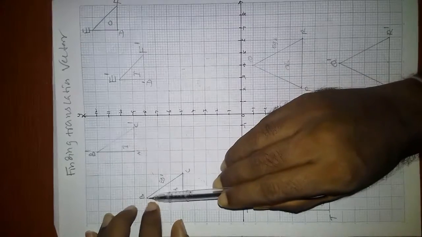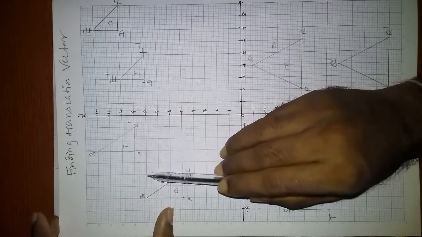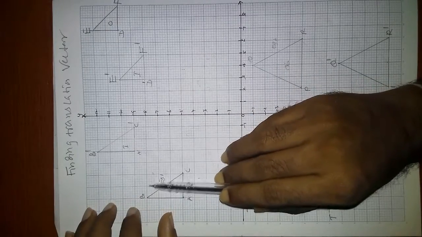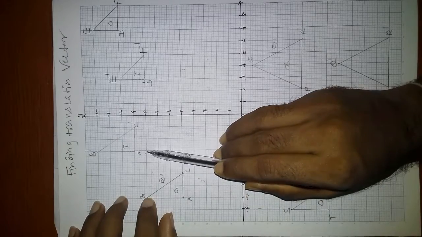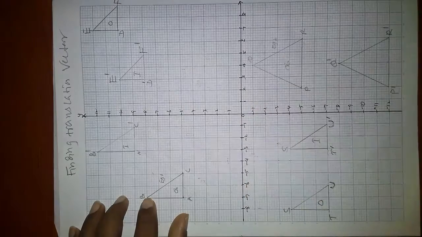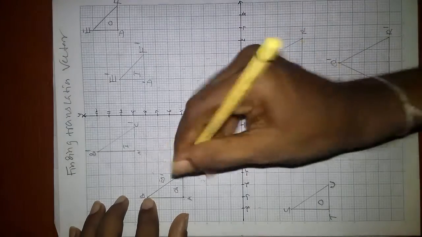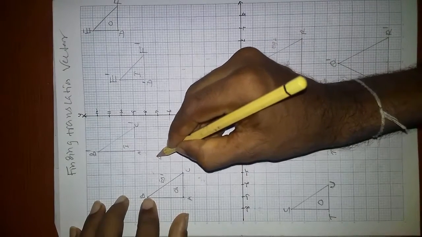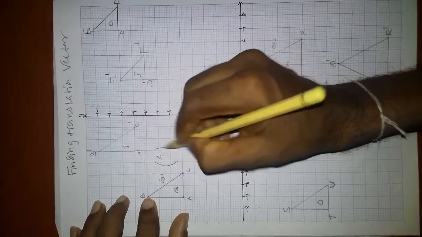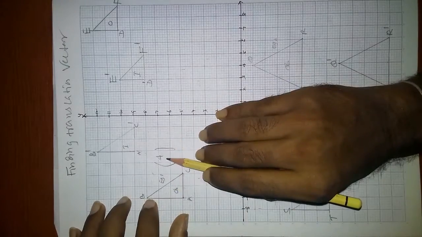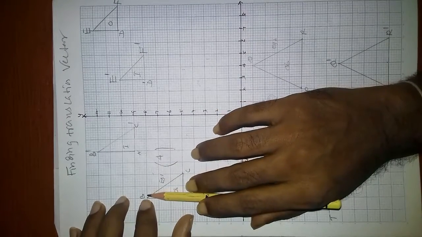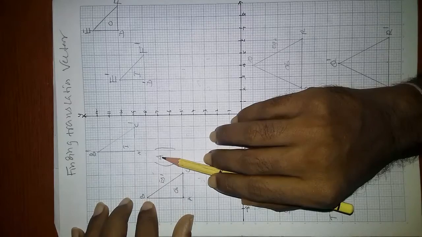See, you have to go from B rightward. 1 2 3 4. Rightward movement is 4. In the vector, you get a rightward movement of 4. As the movement is rightward, it is positive, so positive 4.